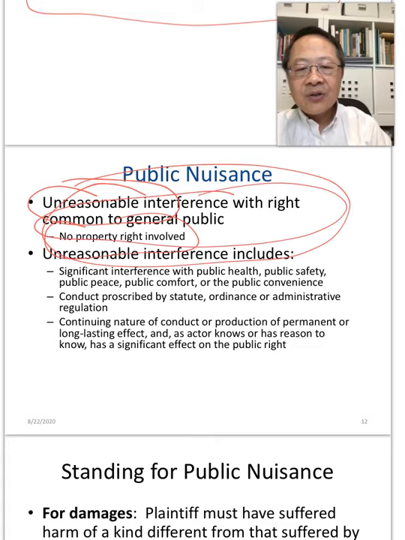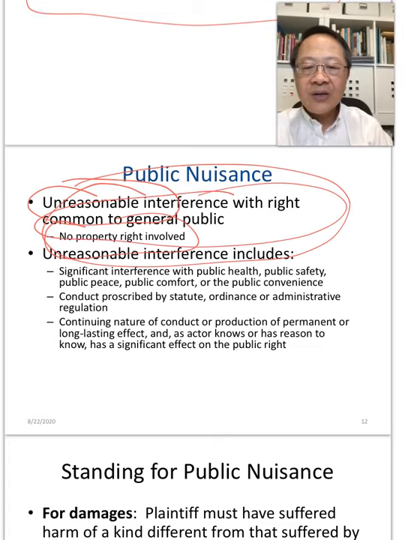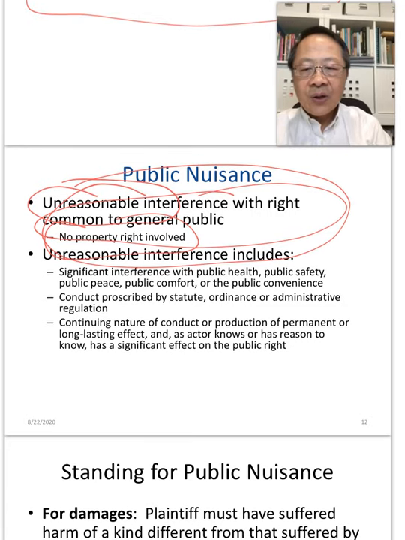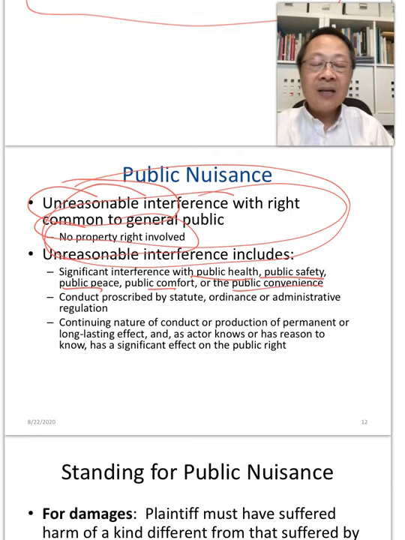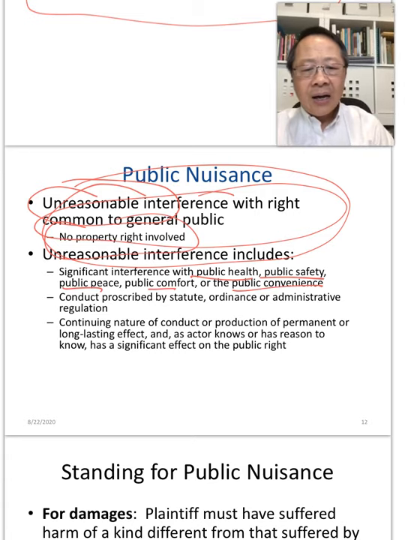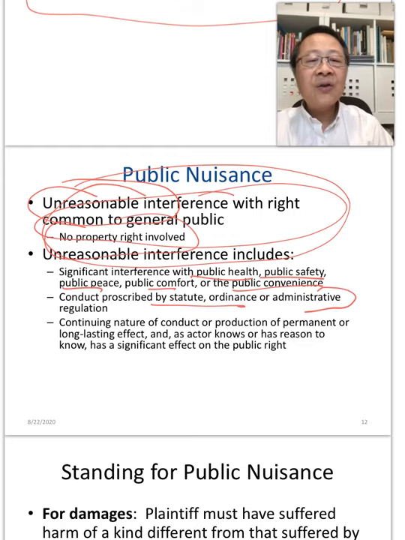The right common to the general public here encompasses a broad range of interests: interference with public health, public safety, public peace, public comfort, public convenience. You can see that this is a broad claim. A second set of issues encompassed here is any sort of illegality, a violation of statute, ordinance, or administrative regulation,